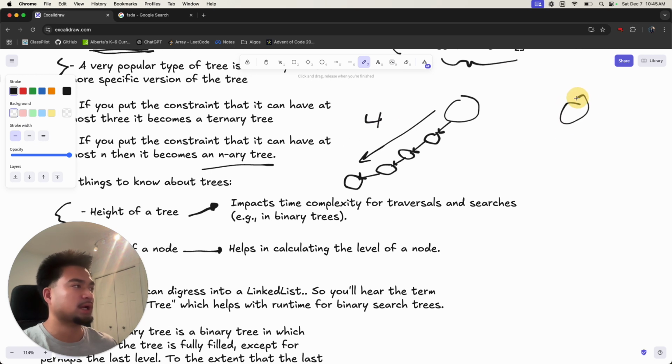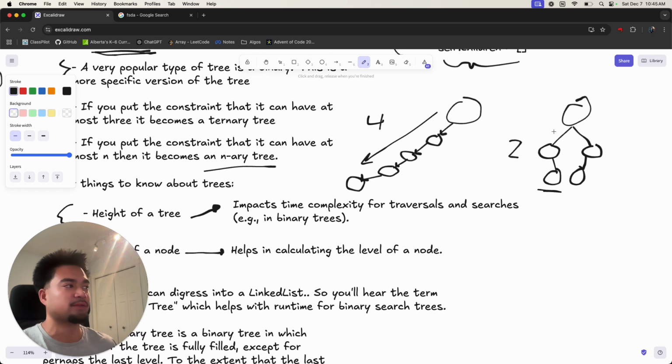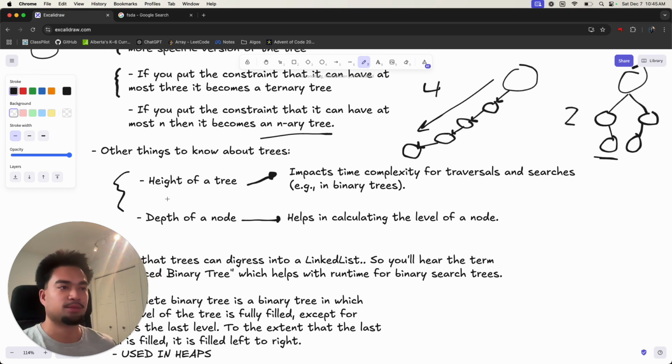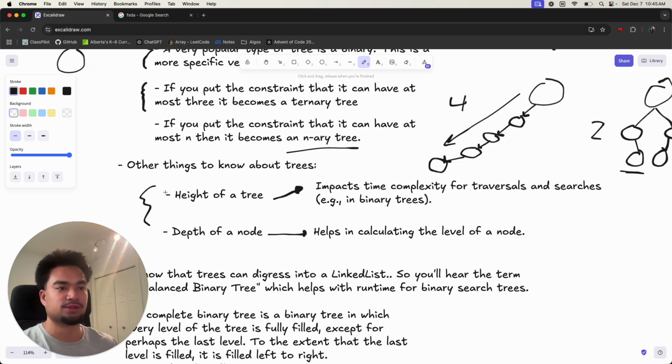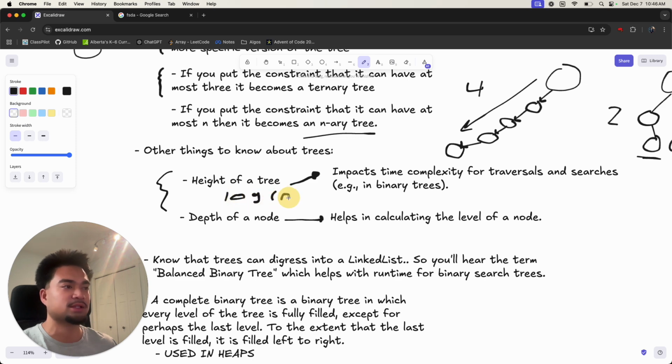But this is another tree, and it uses the same number of nodes, right? But now you can see that it's a bit more organized. It's faster to get to one of the leaf nodes, and this has a height of 2. I think the height is just literally the number of edges it takes to get to the bottom. And a lot of people care about keeping the height of a tree reasonable. Usually you want to keep the height of the tree log n if you're doing things like union find, or